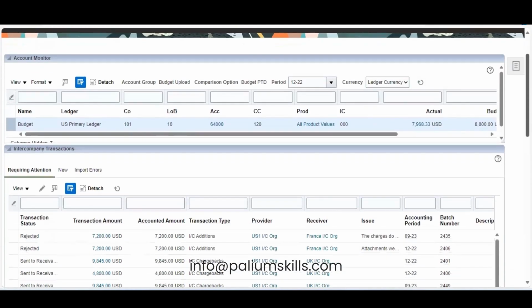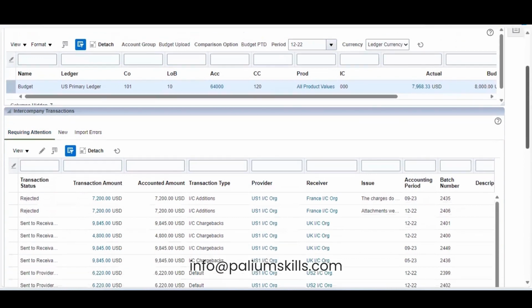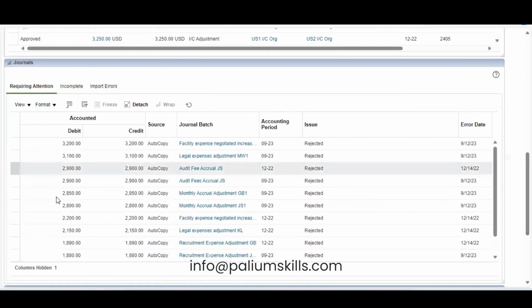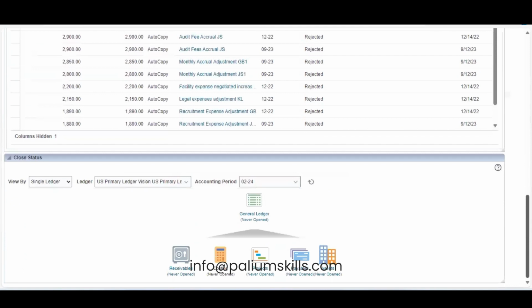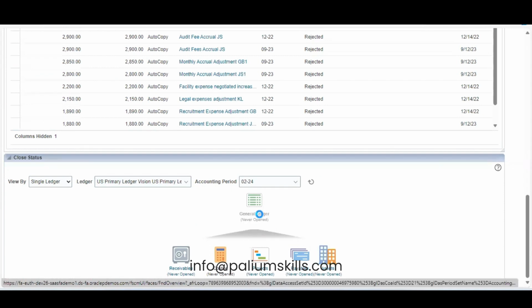Okay. Now, this is the summary. Anything that requires your attention, this is intercompany transactions. Once you scroll down, these are the journals: debit, credit, incomplete, importing errors, all these. And this is the status of each period. So in general ledger, you can see what is the current open period. If you click on this